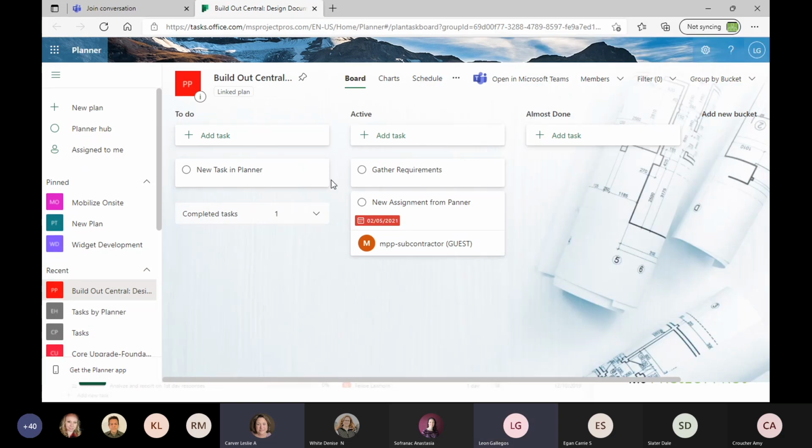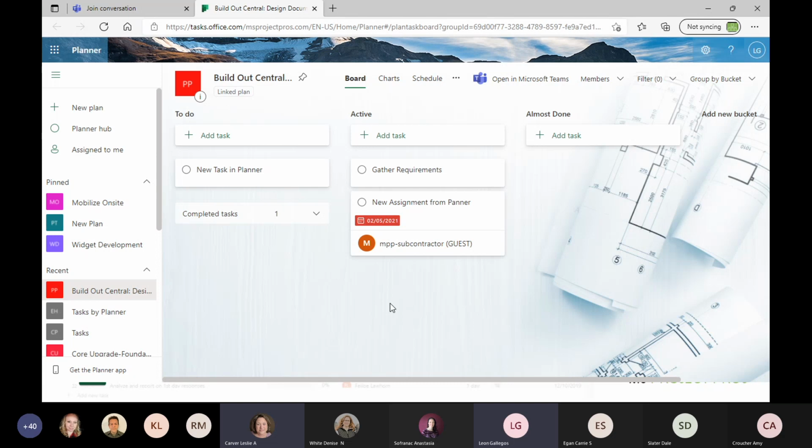So the beauty of working in here, as I mentioned, is that this can be shared. And you can see I have an example of that. This MPP subcontractor, we were just running through some tests because I wanted to see how it looks on an older Android tablet, because we have a lot of people out in the field and they have various devices. And so this is a user basically with a Hotmail account on an Android device that would get this task, right? And they would know where it's coming from and everything else. So that's where this integration comes in between Planner and Project.